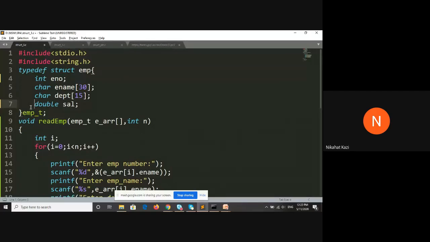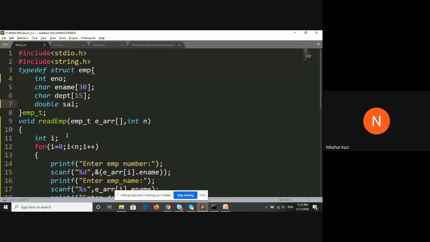If it is alphanumeric, then you can use a string, an array of characters. Second is the name, then you have the department, and then you have the salary. Salary could be double, float, any of these types. So the first step is you create the employee type, which I think by now you are familiar with, this kind of a construct.